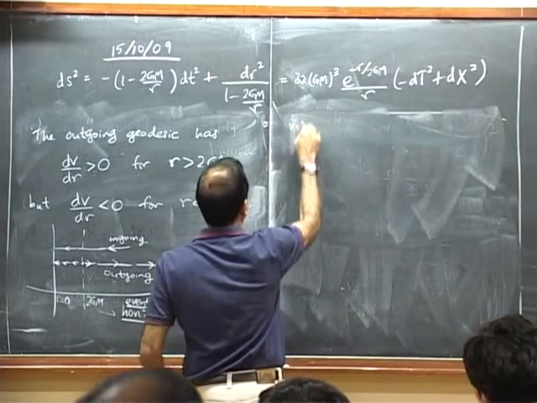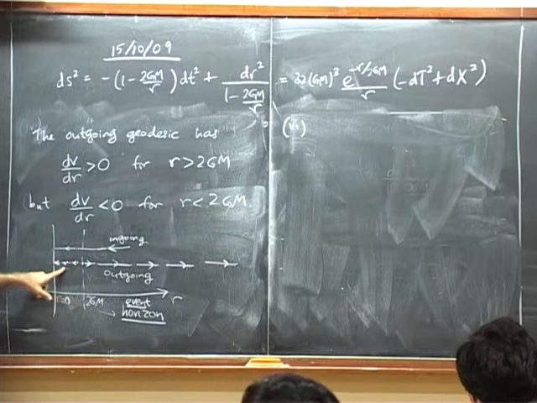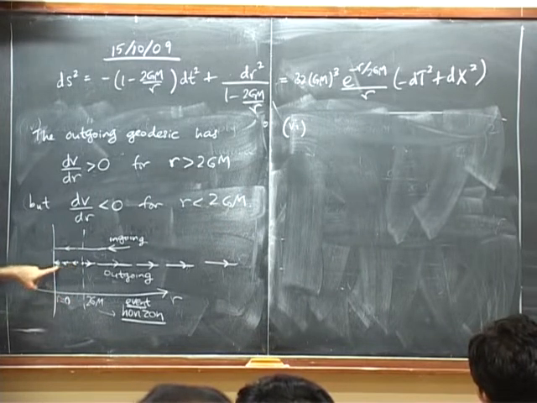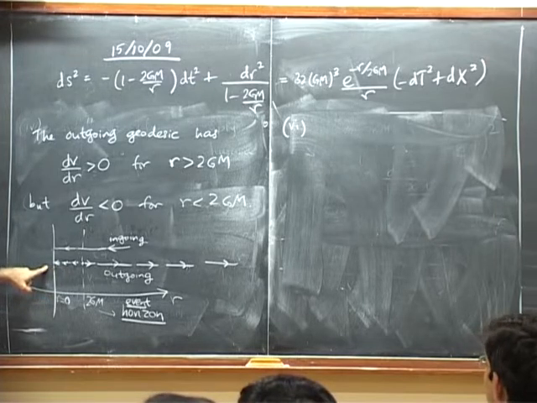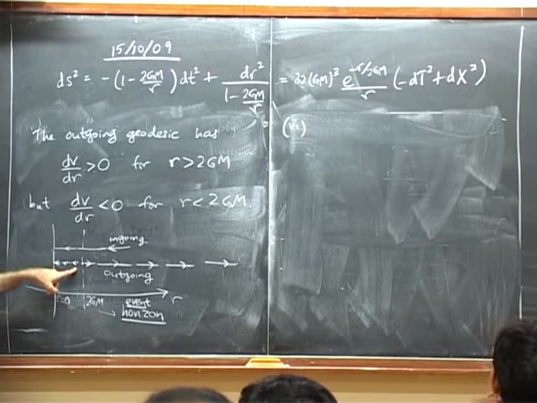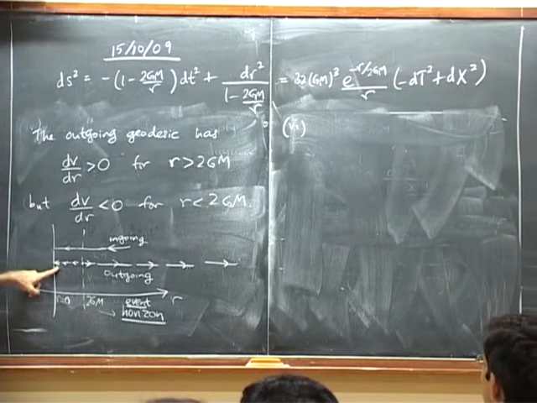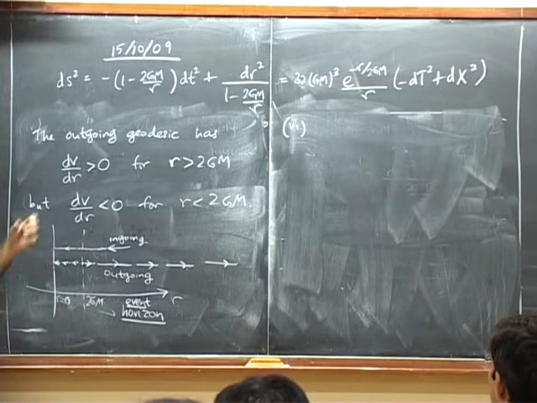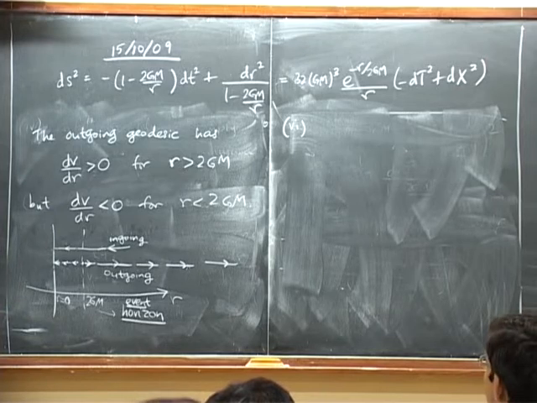You could now ask the following question. Supposing I'm here and therefore I'm doomed to always fall in, could I delay that infall, say by 100 years, so that at least I never live to see the singularity? Could I make myself very slow? Could it be that, for example, the geodesic takes an infinite amount of time to reach here? Okay, we haven't established any of those things. How long does it take to reach there, in proper time? Now for that, there's a very simple, it's actually usually given as a problem, but let me just do it.